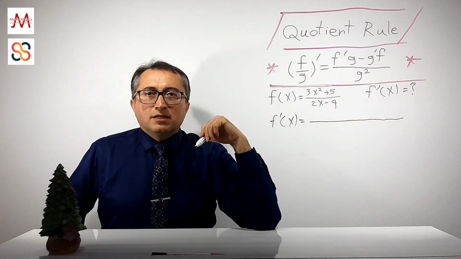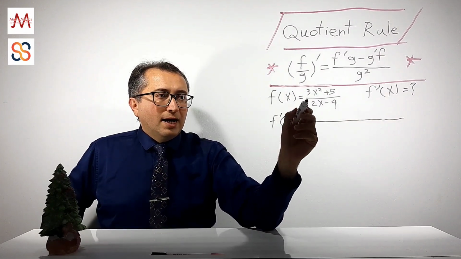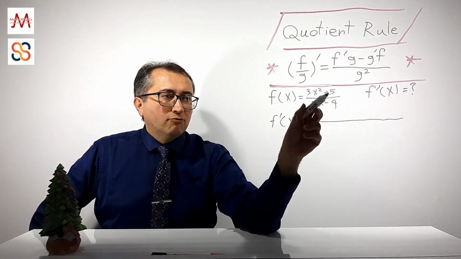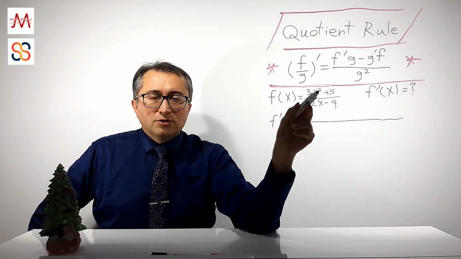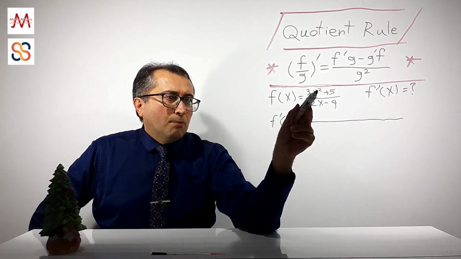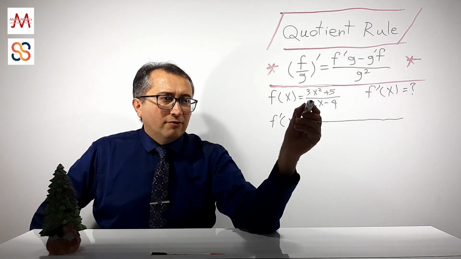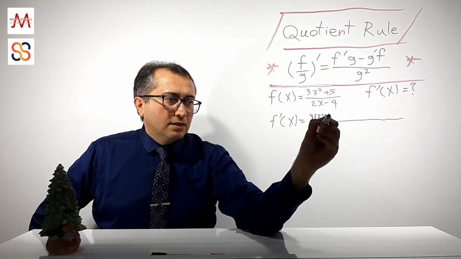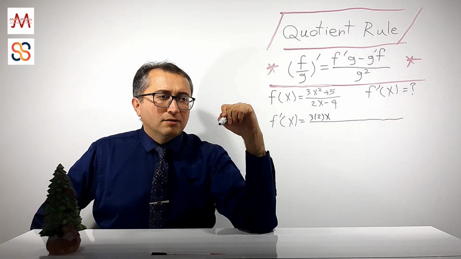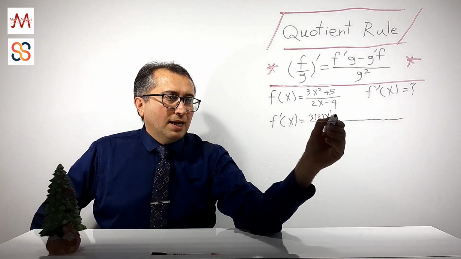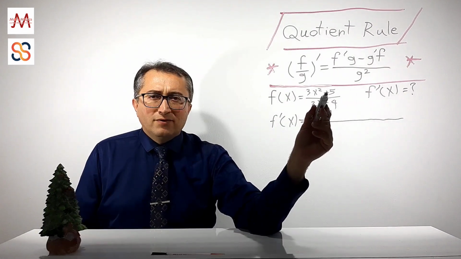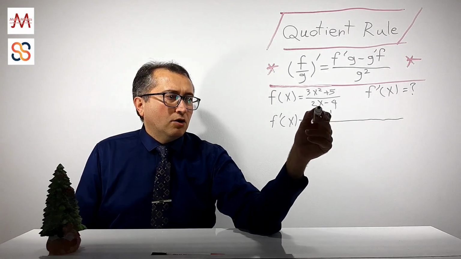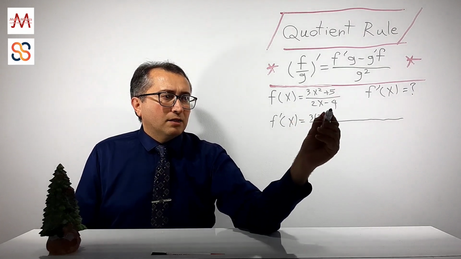We have to construct this fraction. F prime is the derivative of this top function, 3x squared plus 5. You know, using the power rule we can do that. So bring down the 2, write it as a coefficient. We have 3 times 2x to the power of 2 minus 1, which is going to be 1, plus the derivative of 5 is nothing because you know the derivative of constant numbers is 0. So this thing times the original bottom function, it is